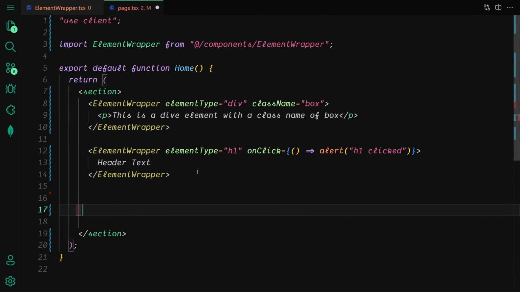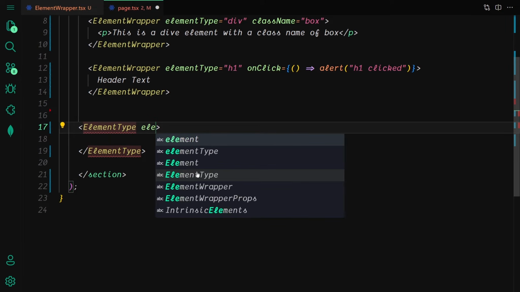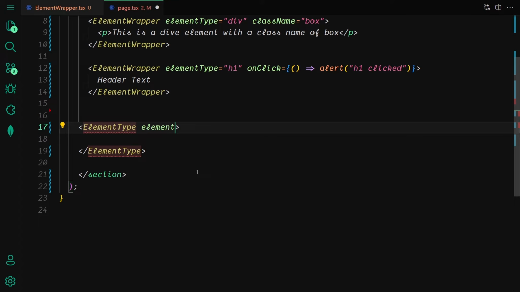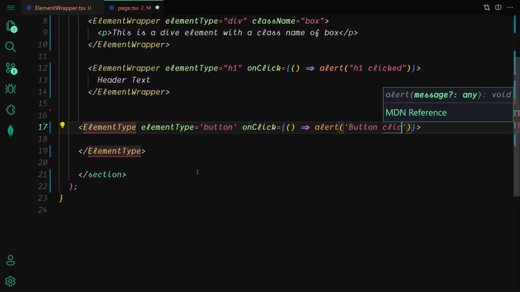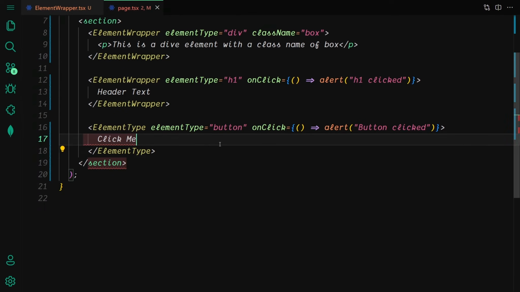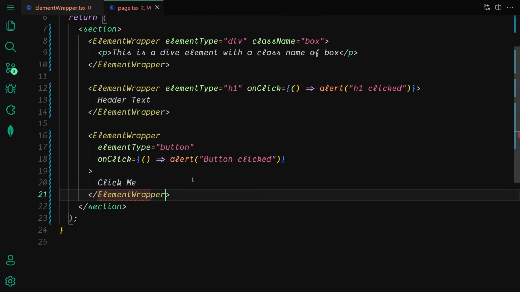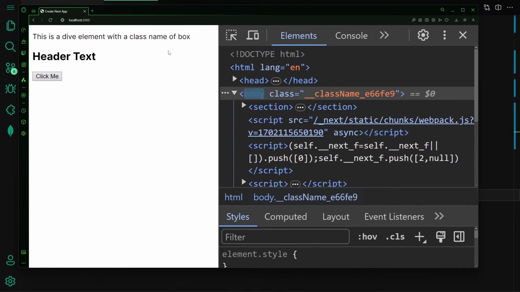So now let me just create it for the final time. So let me just write ElementWrapper, and now let me just close that. And in this case, I'm going to specify the element type, which will now be set to button, and I'm going to also say onClick, like we would also be able to click on that. And in this case, I'm going to just say alert of button clicked or something like that. And now inside there, I'm going to just say click me. So if I save my file, why are we getting this error? Ah, not element type, ElementWrapper. So now if I save my file, here you can see it's going to make it as a button. Here you can see it's going to give us that button. If I click on that, it's going to give us button click right here. Okay, so yeah,